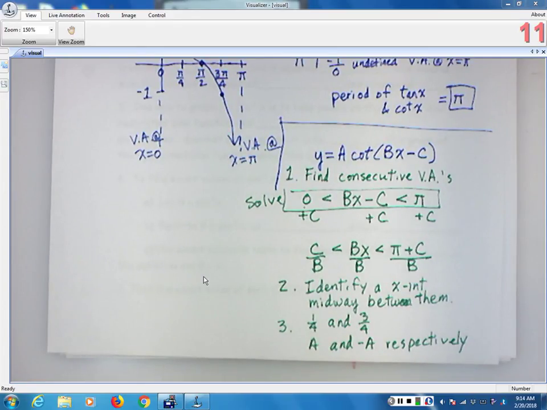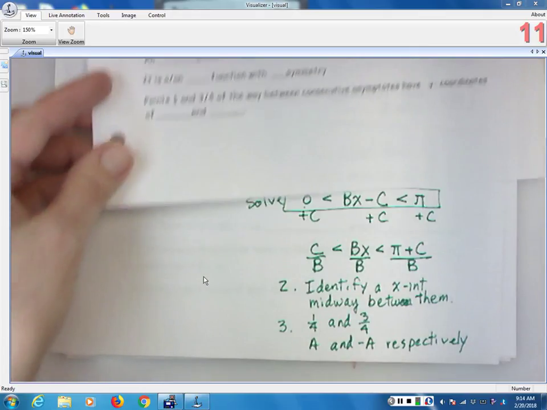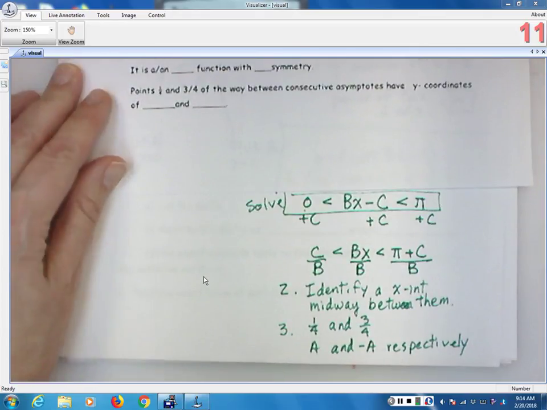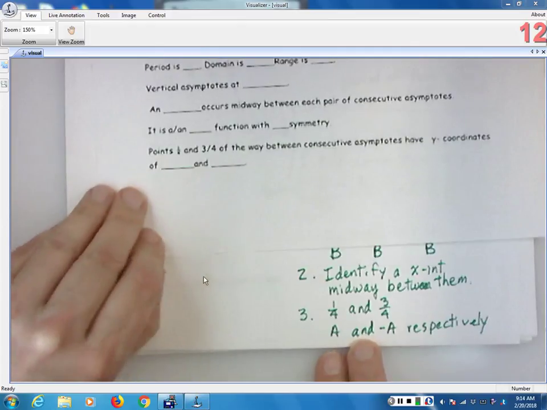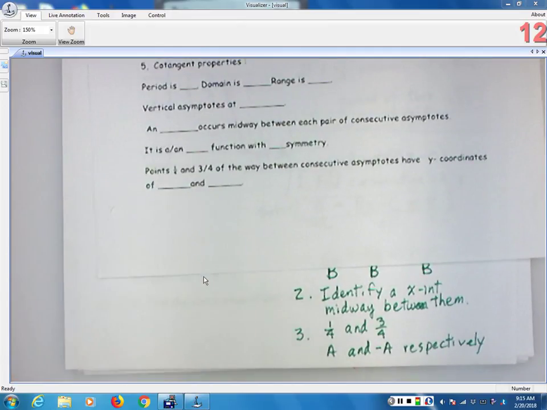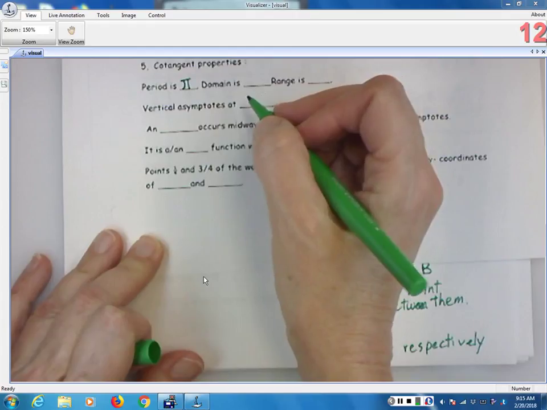And the range, so yeah, basically this is the cotangent properties. Cotangent properties is right down here. The period is pi. The domain is